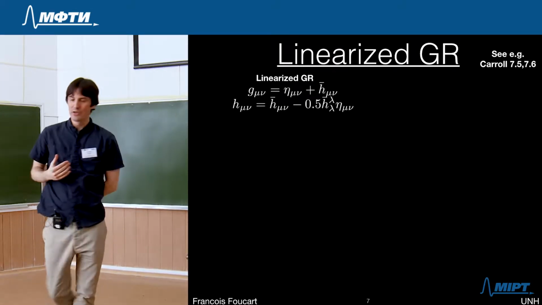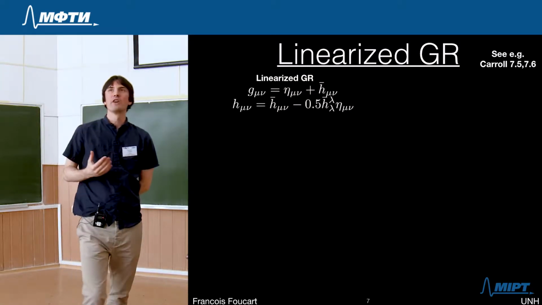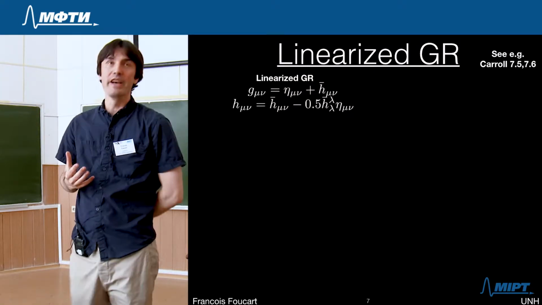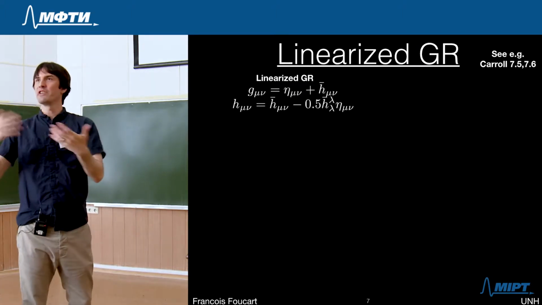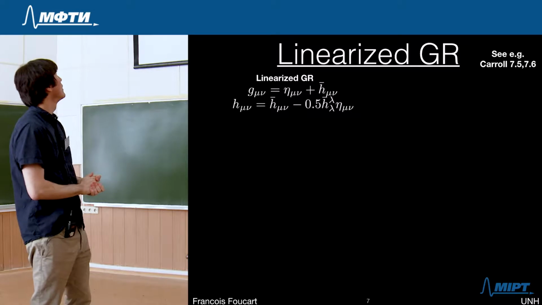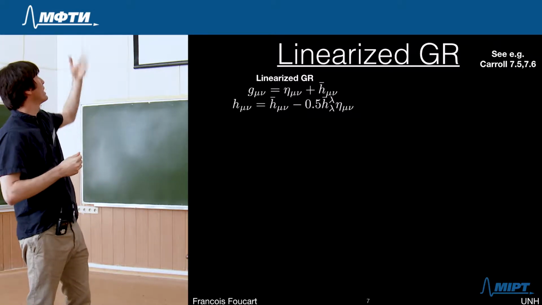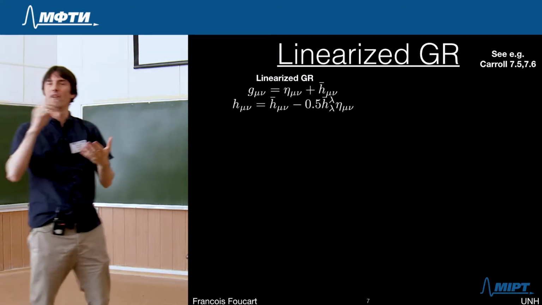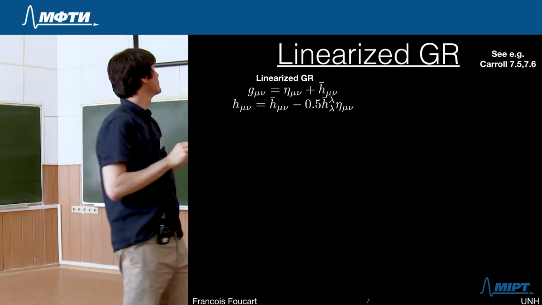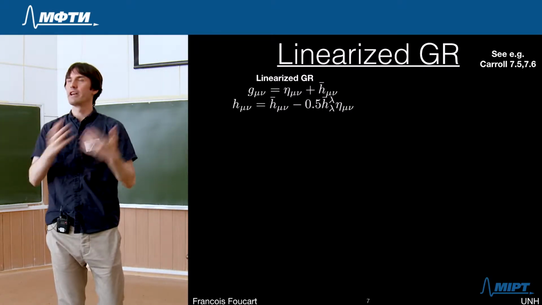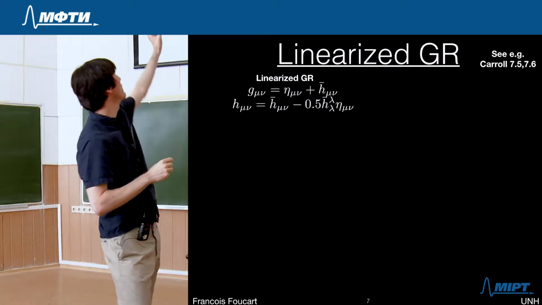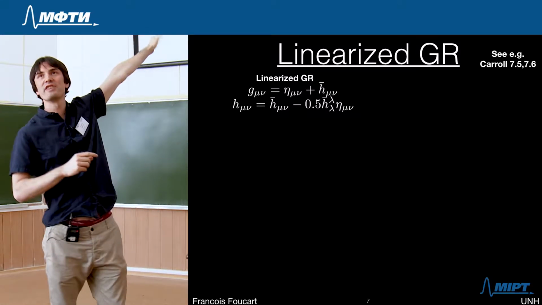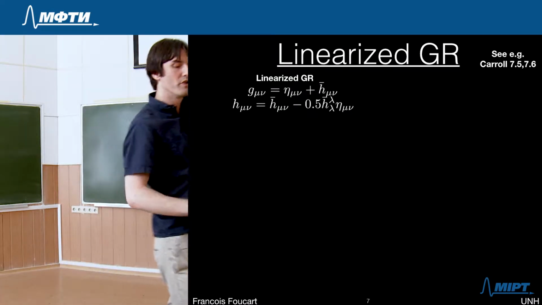So if you want to figure out what the gravitational wave emission is to lowest order, in deviations from Newtonian theory, the simplest thing to do is probably to start from an expansion of the metric around flat spacetime. That eta is the flat spacetime metric that I just showed you on the previous slide. And if you do that, you have your metric is flat spacetime plus some perturbation, which is your gravitational